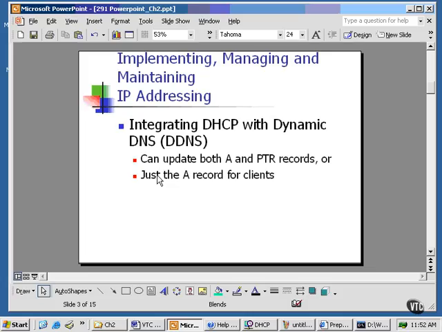This module deals with integrating DHCP with dynamic DNS, or DDNS. DDNS is pretty much essential in most modern networks and especially important with a network that uses DHCP. Why? Well, we'll talk about it more in the next module, but DNS works to resolve computer names into IP